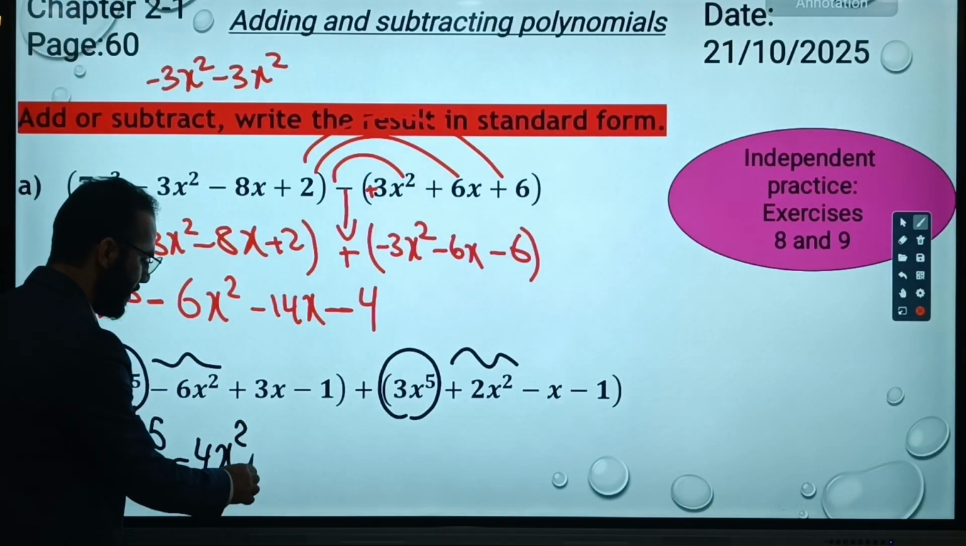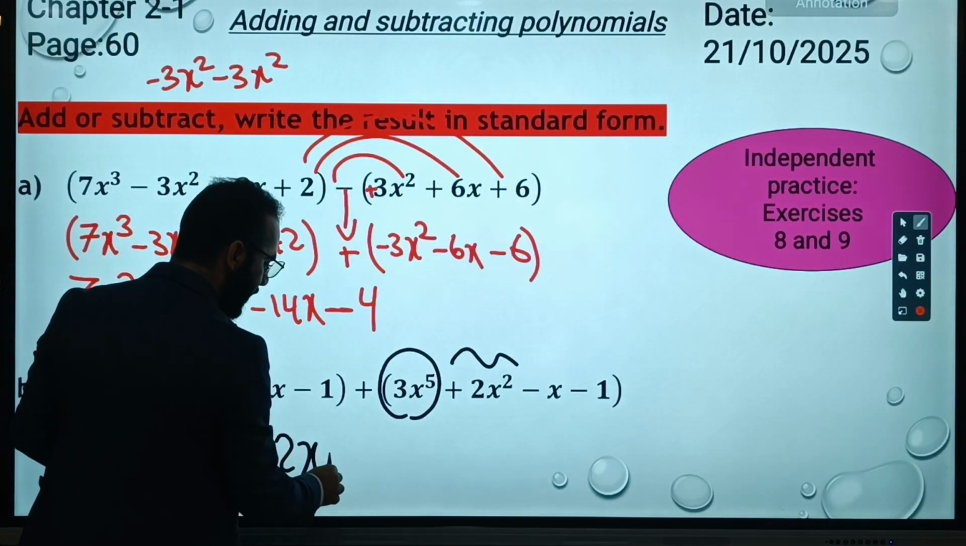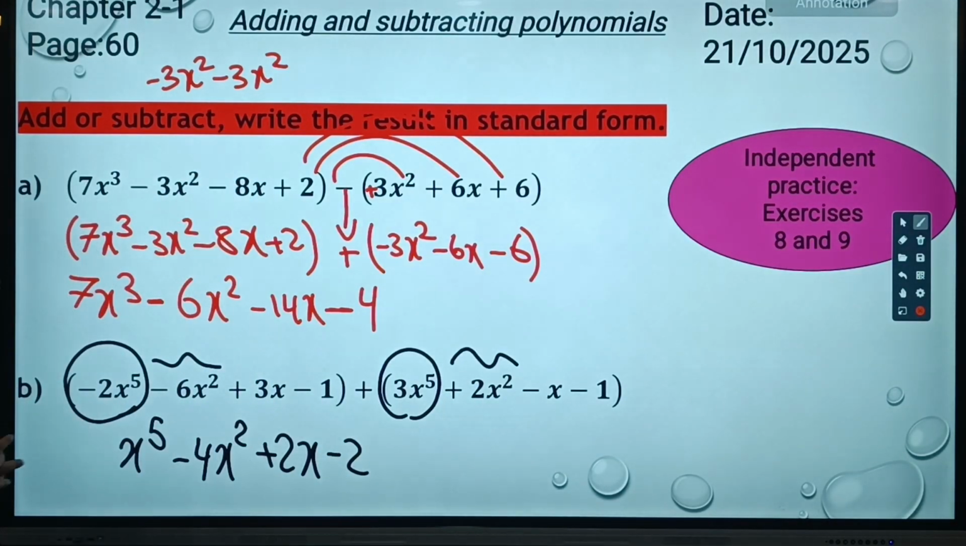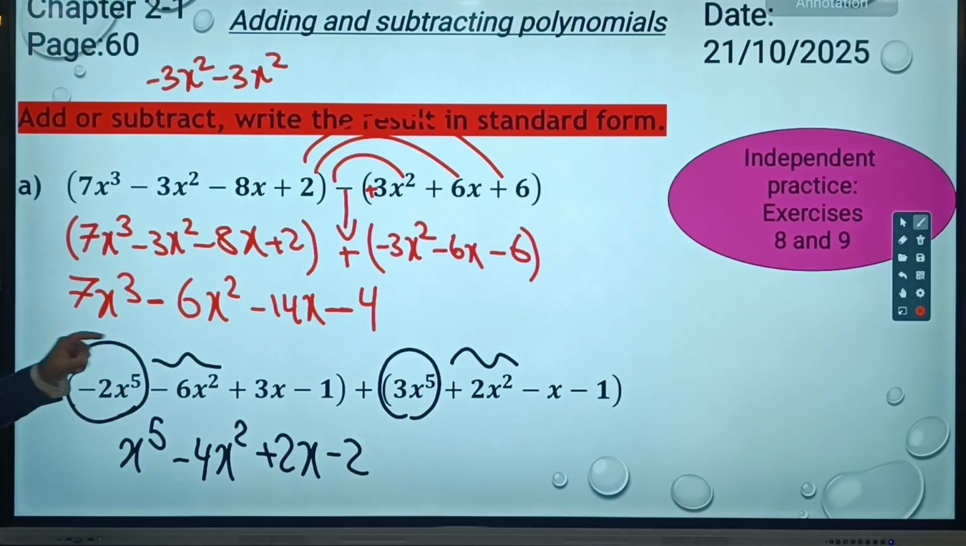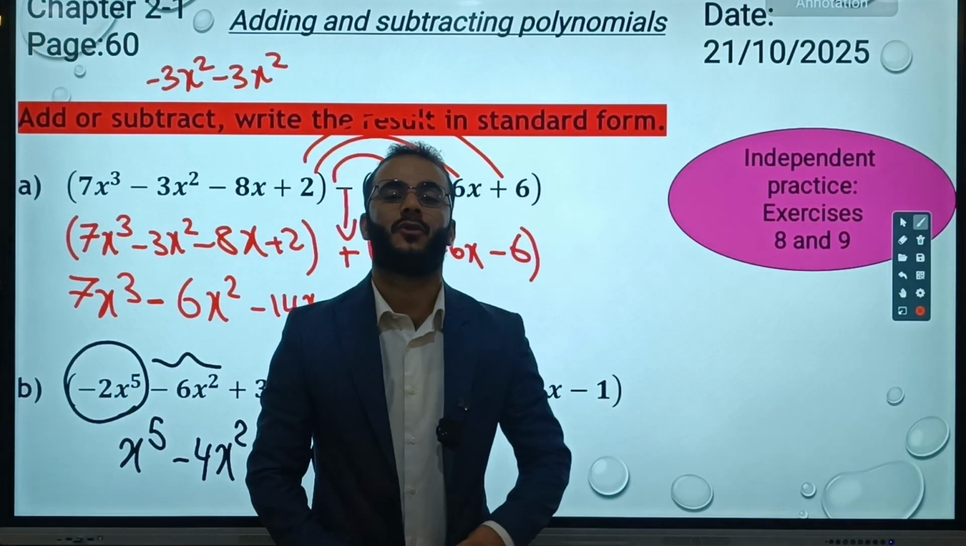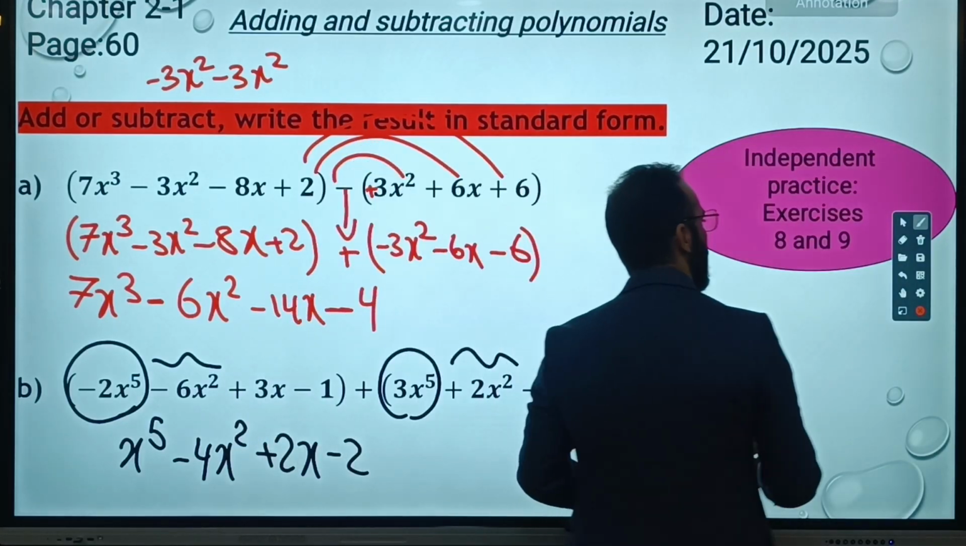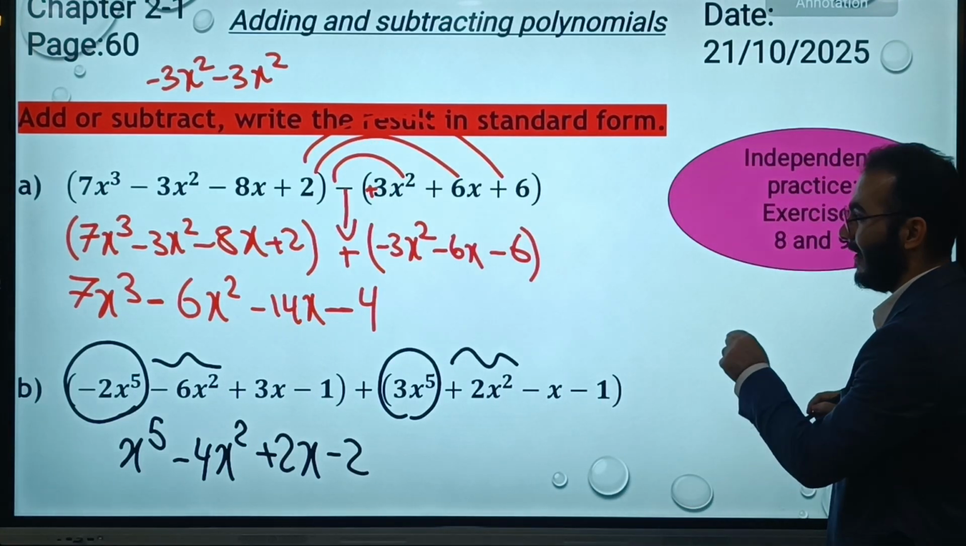3x minus x is 2x. Negative 1 and negative 1, when you add them, be careful, it's equal to negative 2. It's already in standard form, from the highest exponent to the lowest exponent. And that's all about adding and subtracting polynomials. There is only one more topic left from this lesson,